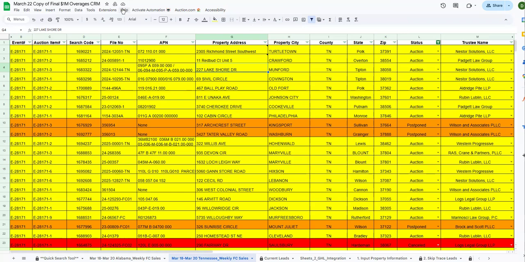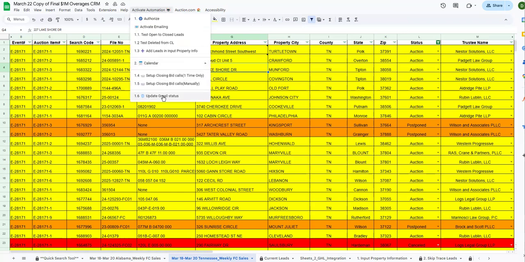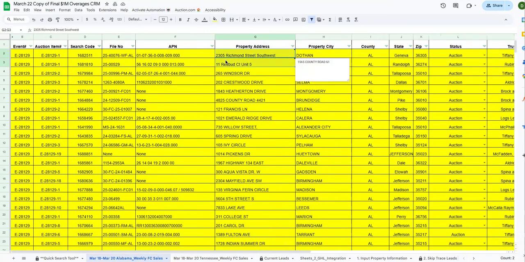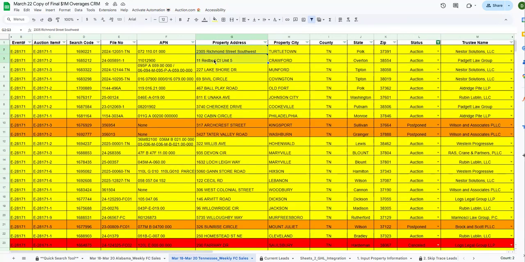All right. So let me test it one more time. We have two addresses which are available in our emails. These two, the 11 Redbird and 2305, are both auctions in both the tabs. So I'll run the code and update the Gmail, and here it should pop up first which file is being processed. Currently it's processing Tennessee weekly FC sales. And once it's done, it will give you the